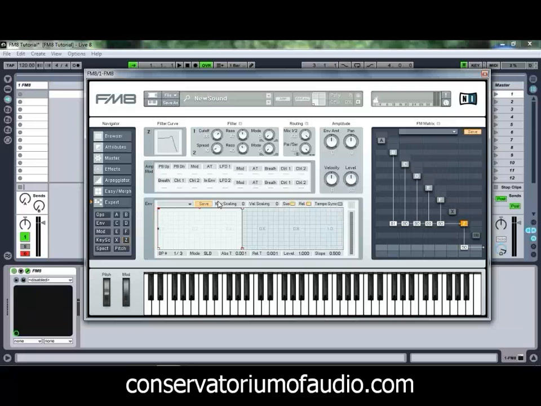What we're going to do this time is make a bit of use of our filter envelope. So just get a bit of attack on there, and we're basically going to get this guy to drop off for us. So add a little bit of length in there, and we'll just bring our curve up a tiny bit just to get a little bit more movement. In order to get that envelope to actually affect our filter, we need to turn up our envelope amount. We'll just bring that one up a tiny bit. So if we play a sound now,